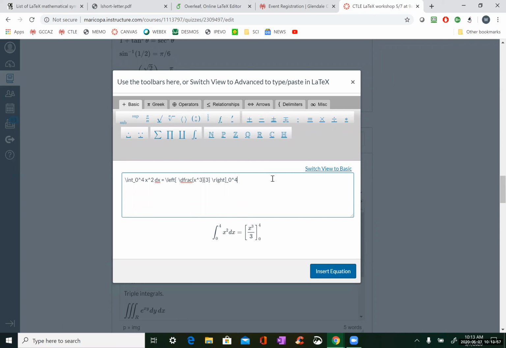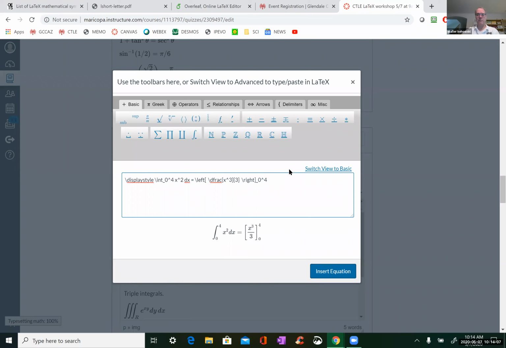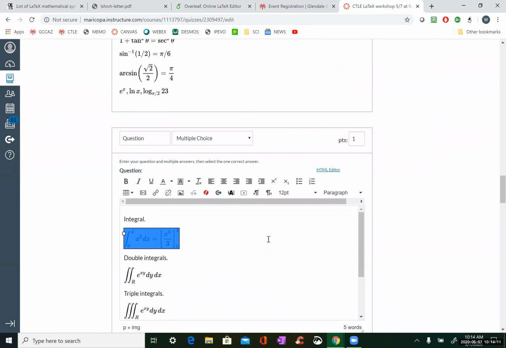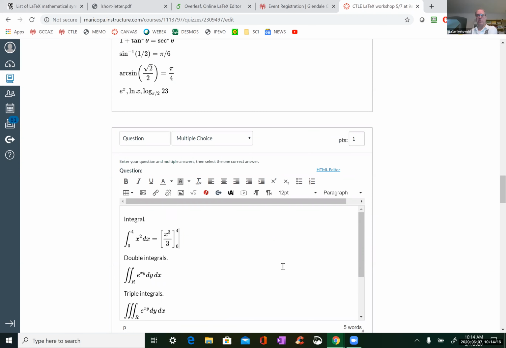And now if we go to the end, get the display style there, and now insert. And there you go. Now it looks like what you'd really like it to look like. And then you can make it larger.